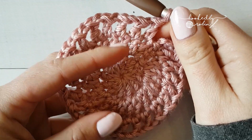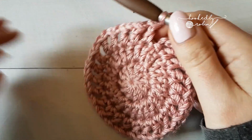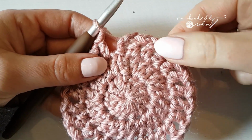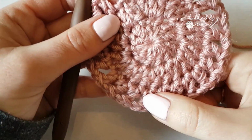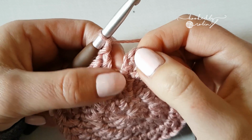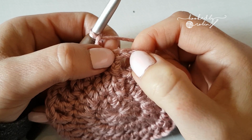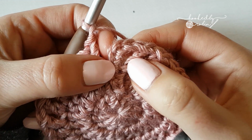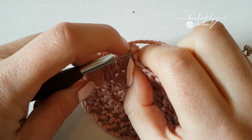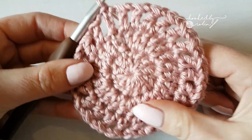When you reach the end of the round, you should have 24 double crochets and 24 chain 1 spaces. So just double check you've got the right amount of stitches. And then you're going to join with a slip stitch to the 3rd chain of that initial chain 4 you did, because don't forget the first 3 chains are the double crochet and that 4th chain was the chain 1 space. So find your chain, so it's 1, 2, 3, slip stitch into the 3rd chain. And that is the end